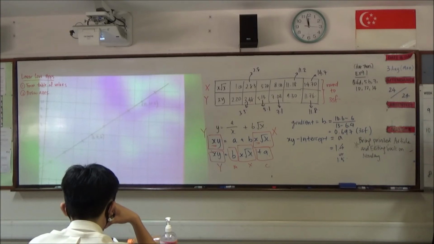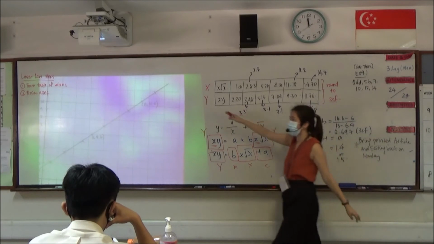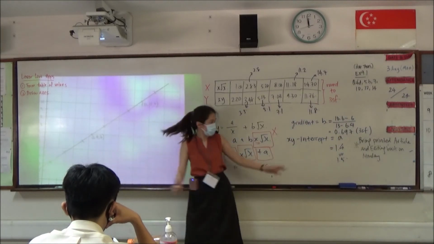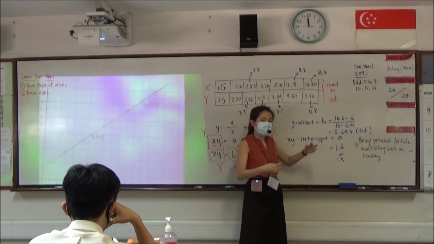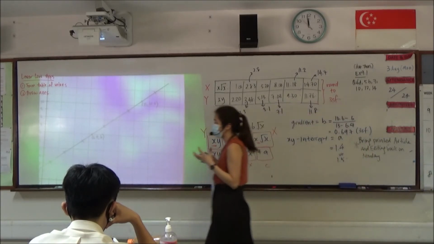But I cannot give you a definite answer over what is considered acceptable because it depends on the question itself. The teachers will have a way of trying to find out these values, but I'm not requiring you to know how to determine these steps. As long as you're able to identify the gradient and the intercept value, and it makes sense to the question. This one is a positive gradient graph, so you should be getting a positive answer. So these are some fundamentals that you can check. Any question? So just to summarize the steps we have taken so far.